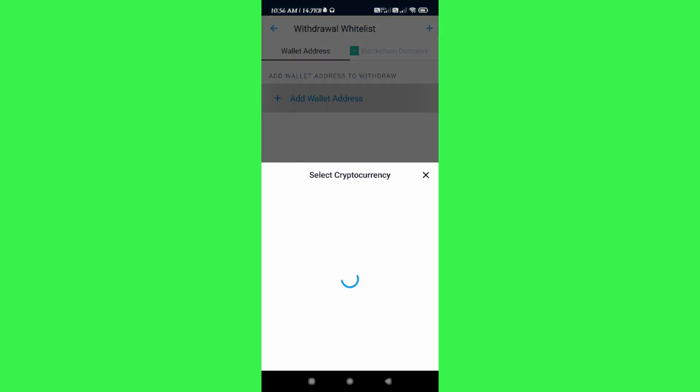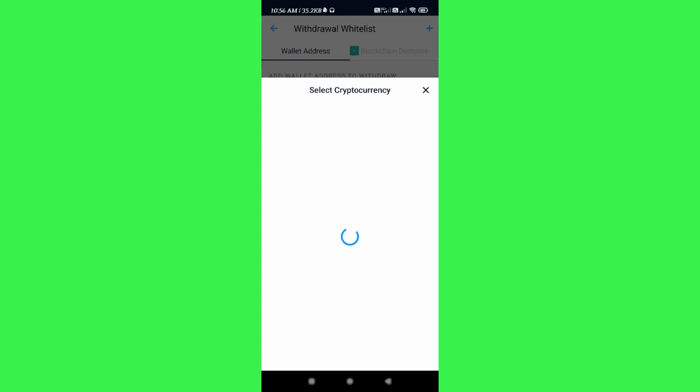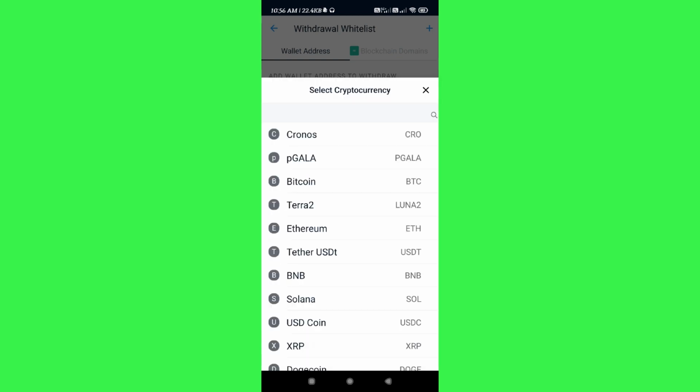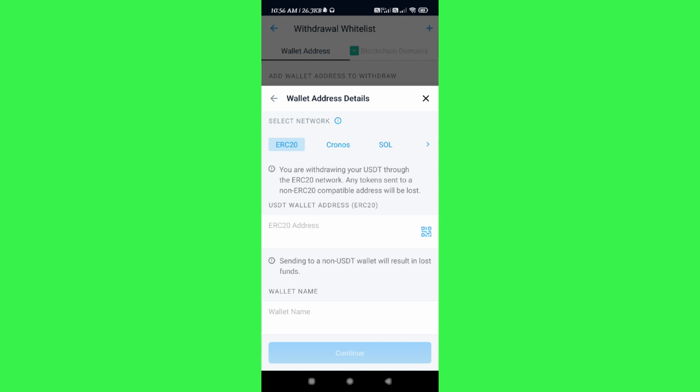Now over here you need to tap on add wallet address, and then it will show you the list of all of the cryptocurrencies that are available on crypto.com. So you need to select that particular cryptocurrency which you want to transfer. Let's say you want to transfer USDT, so you simply need to tap on USDT, and after that you need